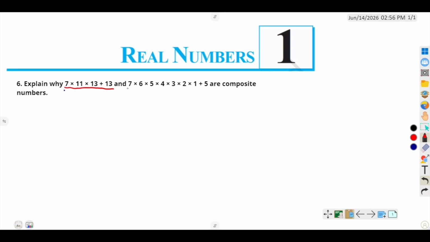Explain why 7 times 11 times 13 plus 13 and 7 times 6 times 5 times 4 times 3 times 2 times 1 plus 5 are composite numbers. See guys,